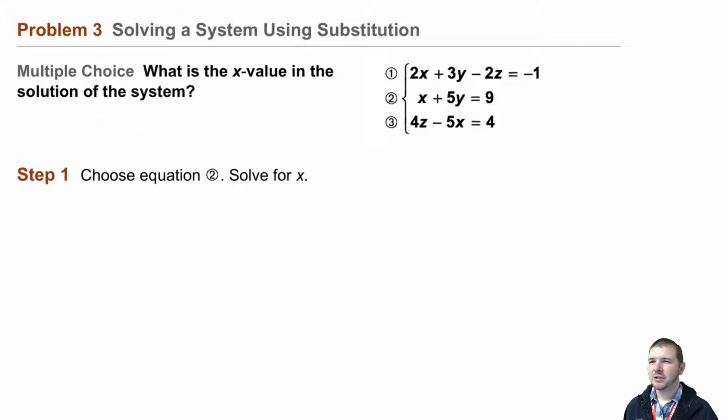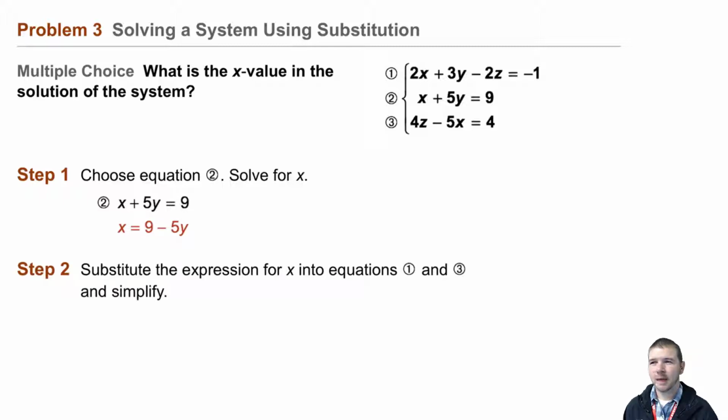Step 1. We can choose an equation that looks easy to solve for one variable. In this case, equation 2 is chosen and we'll be solving for x. Solving for x in equation 2, we find that x equals 9 minus 5y. And in step 2, we'll substitute the expression for x, that 9 minus 5y, into equations 1 and 3 and